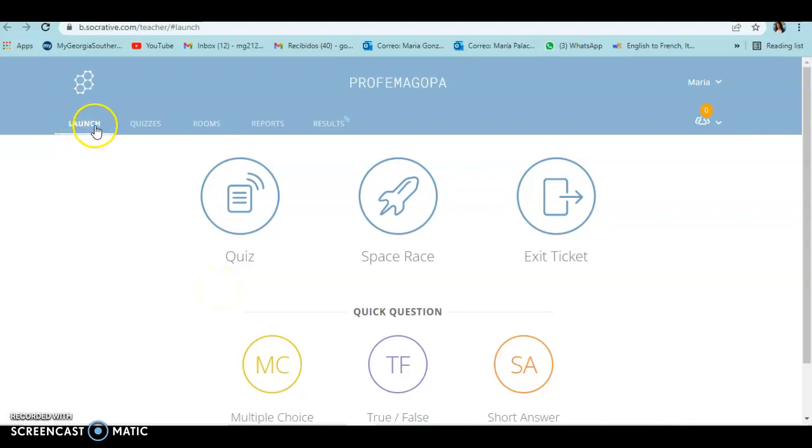So here we have these tabs: launch, quizzes, rooms, reports, results. I'm going to start here in the launch tab, and we have these options, which are basically quick questions, a poll, and we can select multiple choice, true/false, short answer. If you want to assess how much students have learned at the end of a unit or a lesson, you are going to click exit ticket, and that is going to allow you to see, for example,